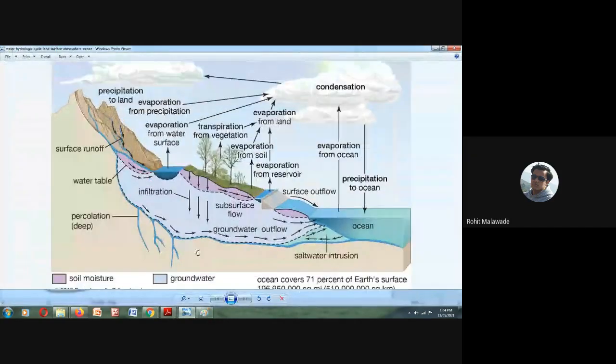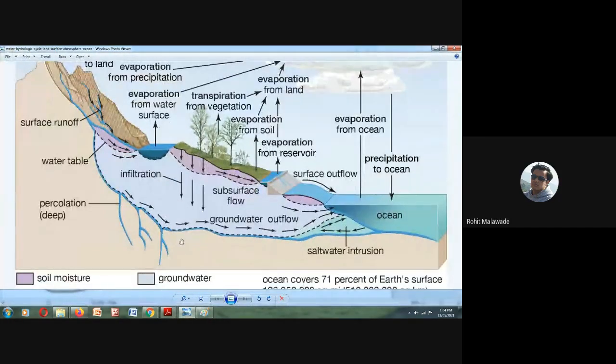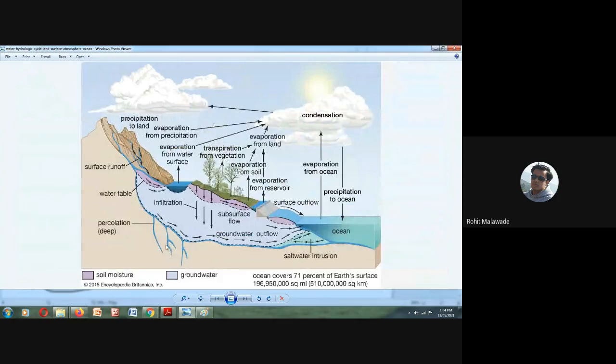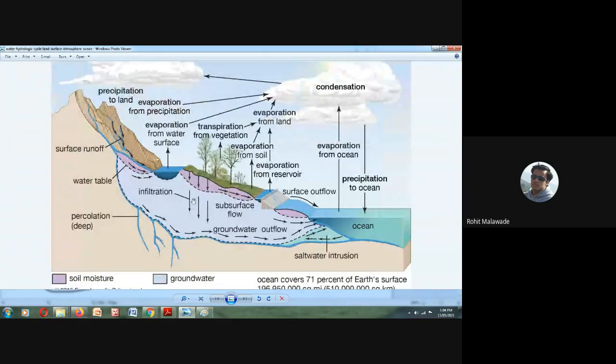Now we will see how the groundwater flows in the earth surface. Here the pink color signifies the soil moisture. The blue color represents the groundwater. And the dark blue color is the deep percolated groundwater that we can have. Now, here is how the water flows to the groundwater. After percolation, since the soil has some pore spaces, the water flows through these particular pores,